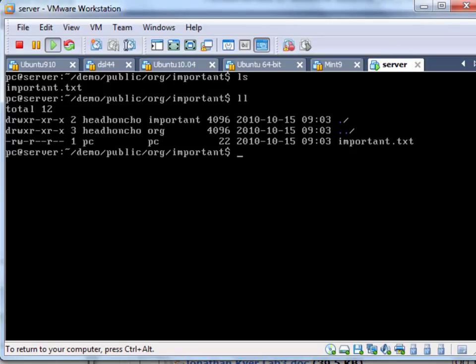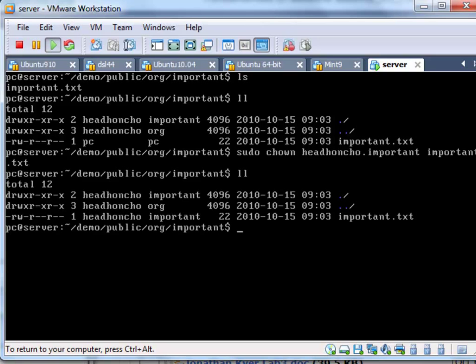Okay, so let's look at this file important.txt. Let's go ahead and change the permissions of this file here. We only want it to be read. First of all, we need to change the ownership of this file to head honcho and the important group. And so we can sudo change owner head honcho and important for important.txt. We see now both the current directory as well as the file is owned by head honcho, and